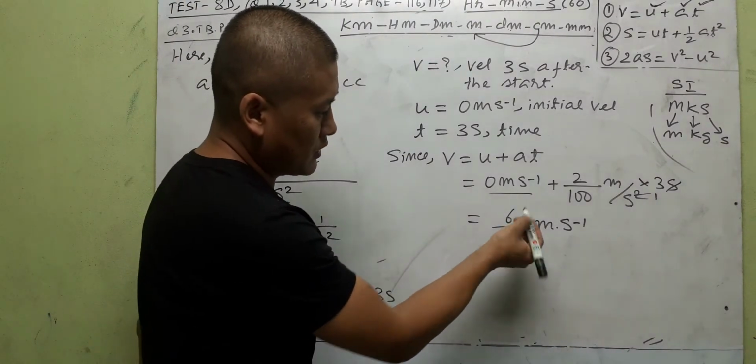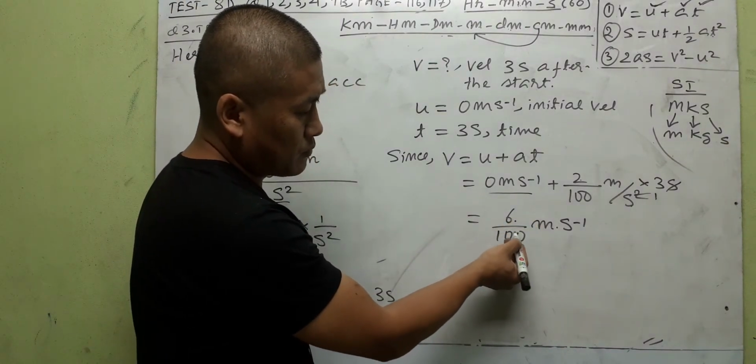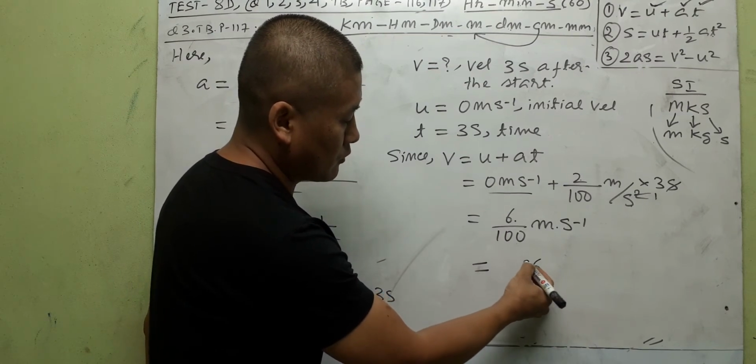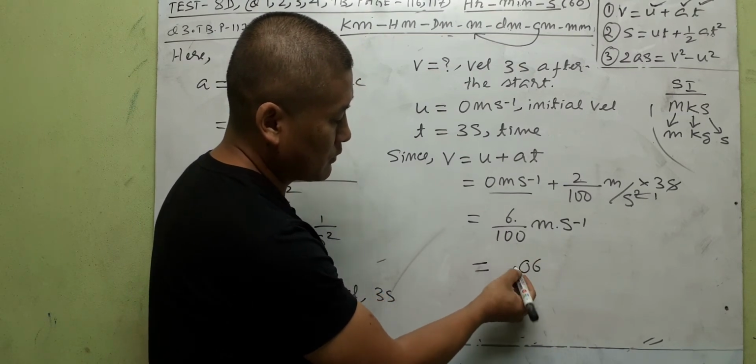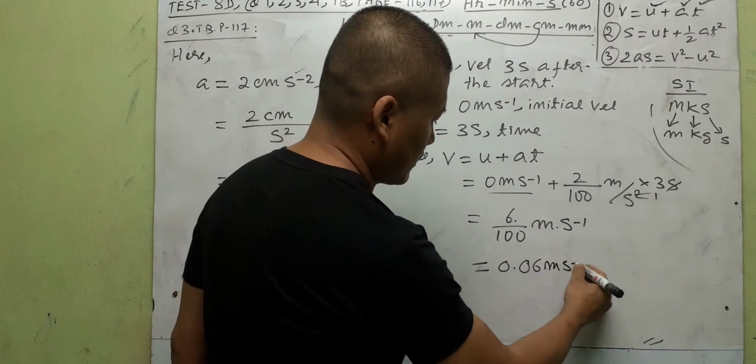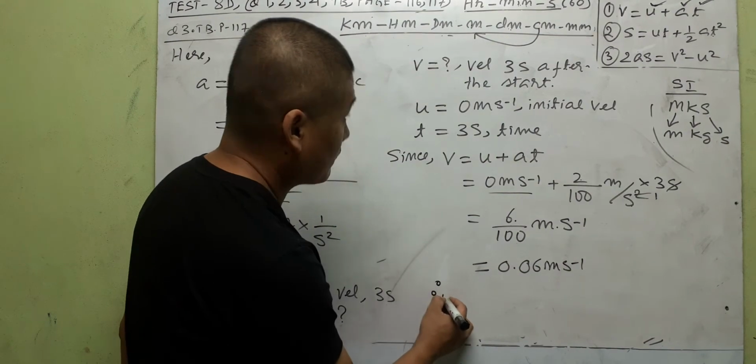Since decimal is not there, means it's here. Divide by zeros means move to the left. So let us move it. So 1 jumped, okay, and 2, because there are 2 zeros, so decimal will come here. 0.06 meter per second. Therefore, our answer is